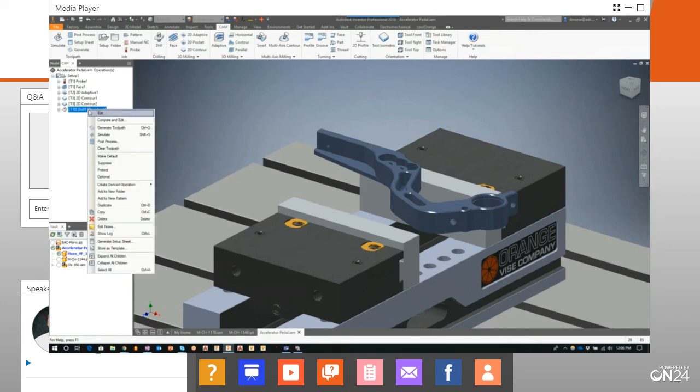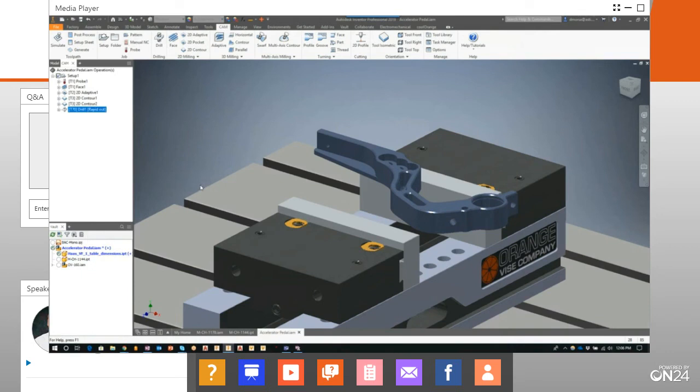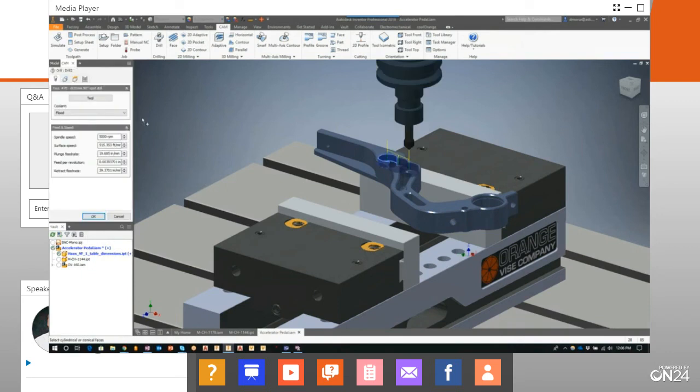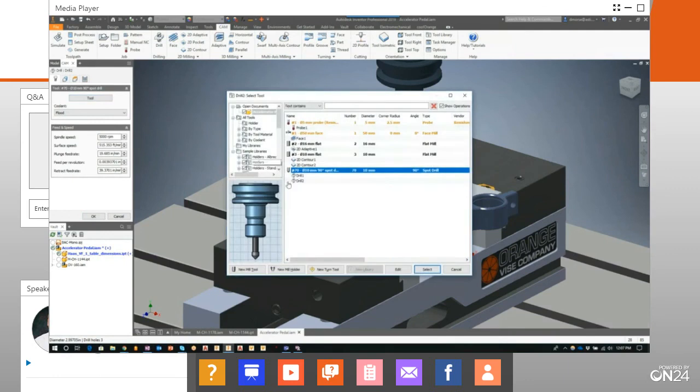So I want to right-click on it, and I want to create what we call a derived operation, and I'm going to drill that derived operation. So when I do that, again, even though it's derived, it kind of picks up all the same attributes as the previous tool,